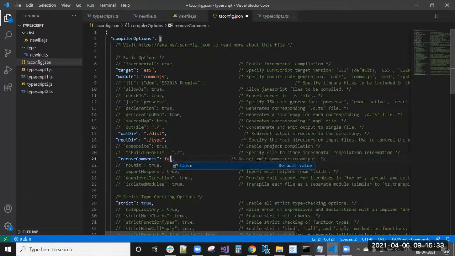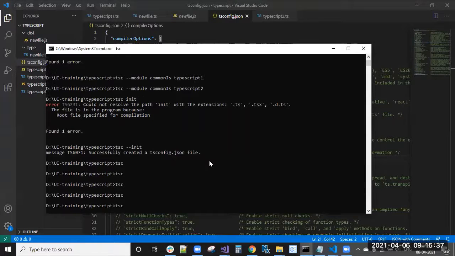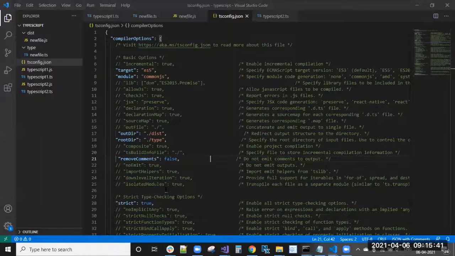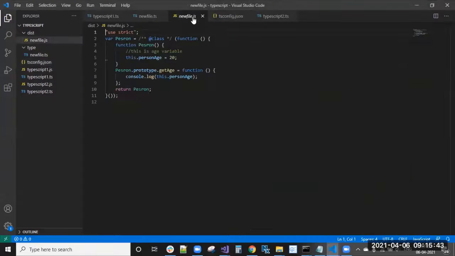Now remove comments false. I'm generating again, and if you go to new file.js, you can see the comments here.